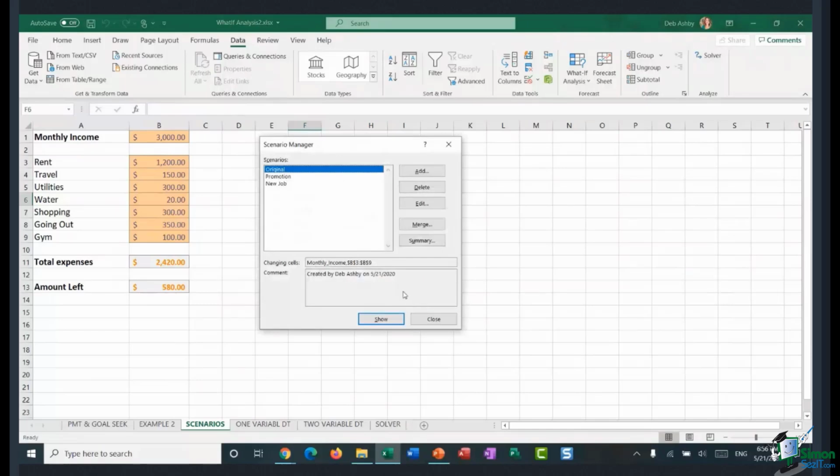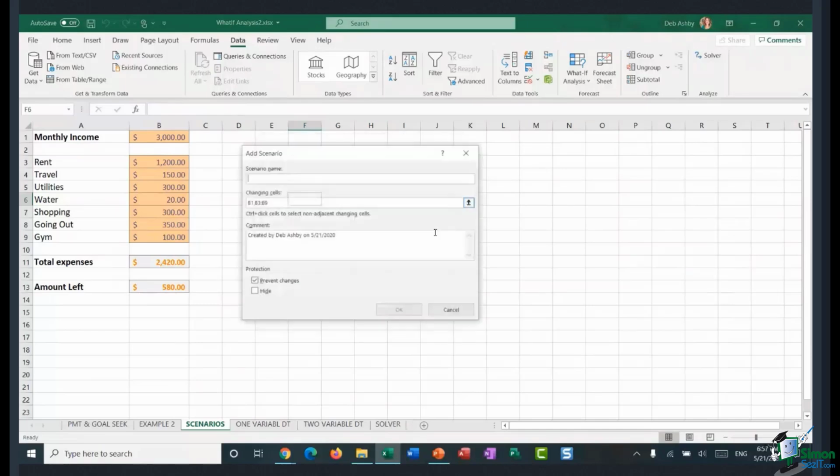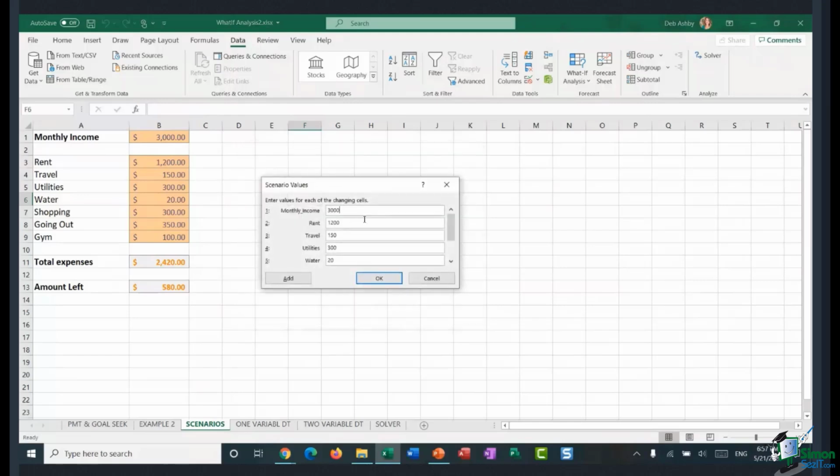Let's add one more scenario. Let's click Add. And this time, what if I decide just to go out on my own as a freelancer? Well, I'm going to have to be a little bit careful while my business gets started. So my monthly income is going to be a little bit lower. It's going to be 2,500. My travel, well, I'm now working from home. I'm a freelancer. I don't have to travel anywhere, just to my lounge from my bedroom.